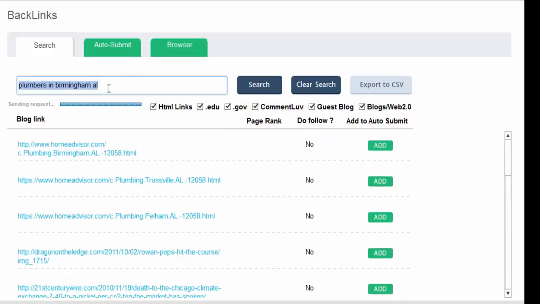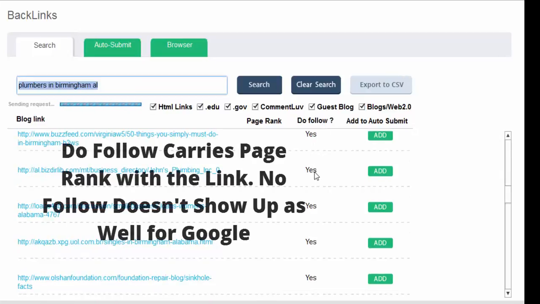All right, now there's do follow and no follow backlinks. Do follow are better, but you can't do all do follow because it doesn't look natural with Google, and you'll get penalized for using what's called black hat SEO.